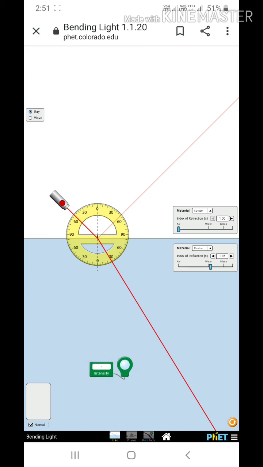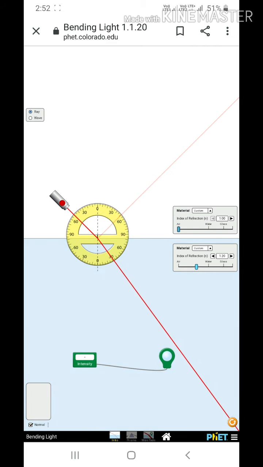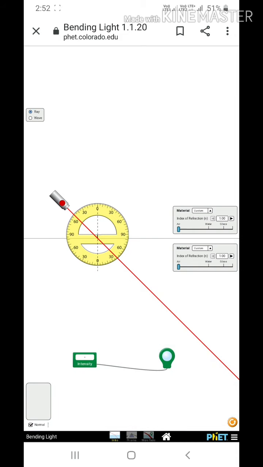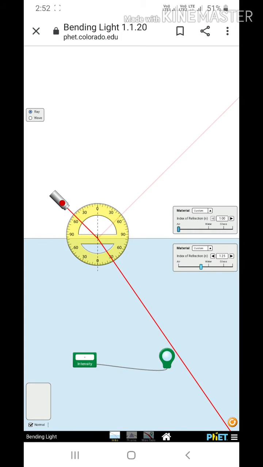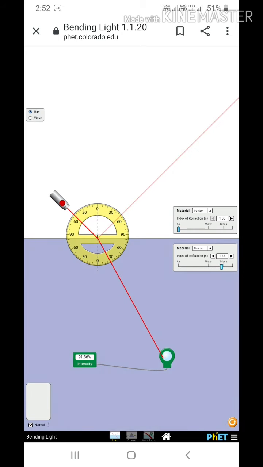Here I can get the intensity of the laser beam also. Now if I change the second medium, this is water. If instead of water I make it air, the light will move in a straight line. But if the medium is changed from air to water, the light will bend, and if the density is increased again, and it is made more and more, the more and more deviation of light will take place. Instead of taking a ray, we can choose a wave also. At the same time we can use the wave also.